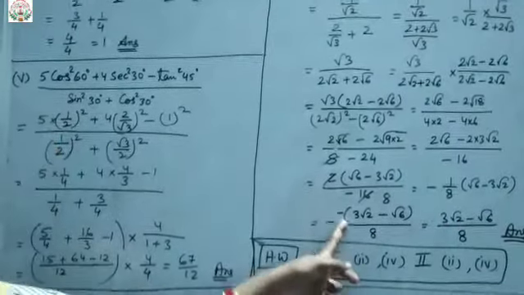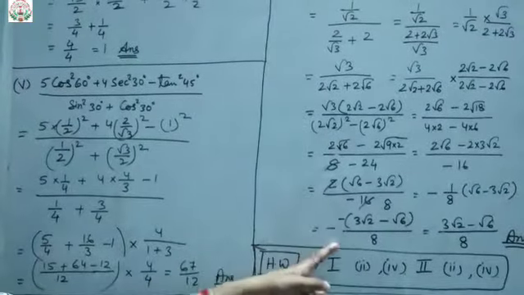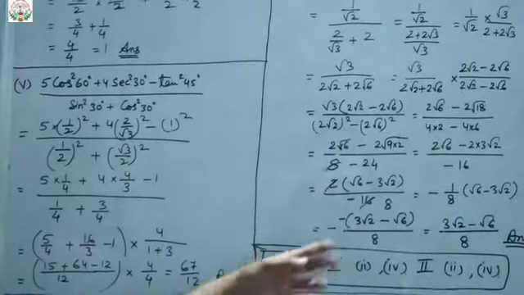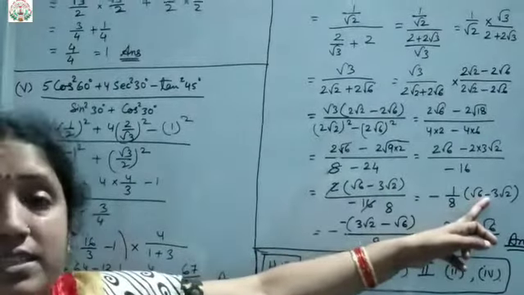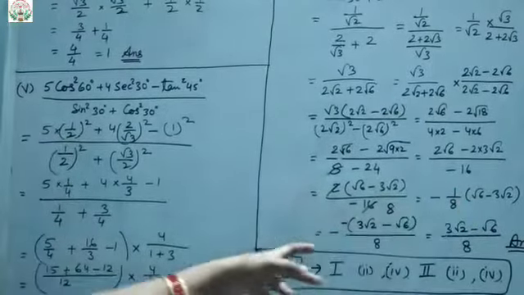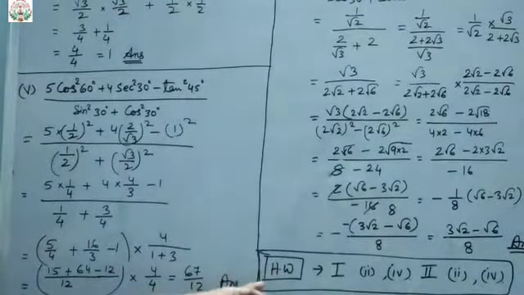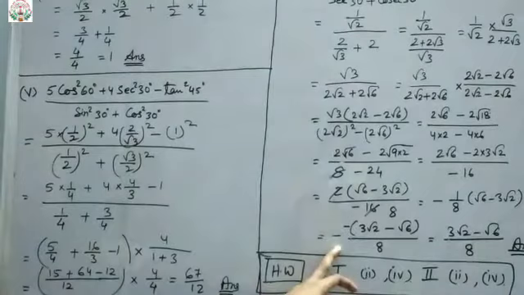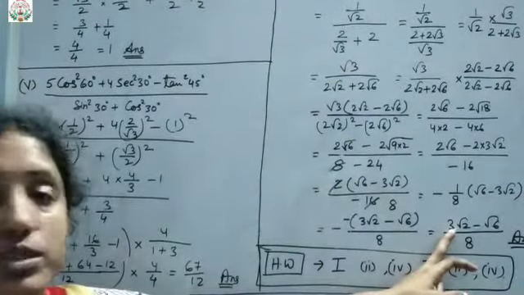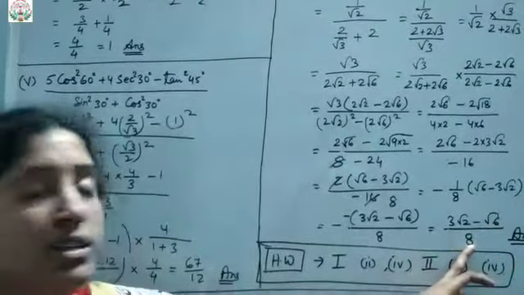Why have we taken the minus sign common? Because already one minus sign is there. To eliminate this minus, I can take minus common, because in the numerator part I can see there is a minus sign. So that minus sign I can take as common to remove the minus sign from the answer. So that will be positive now. So 3 root 2 minus root 6 upon 8.